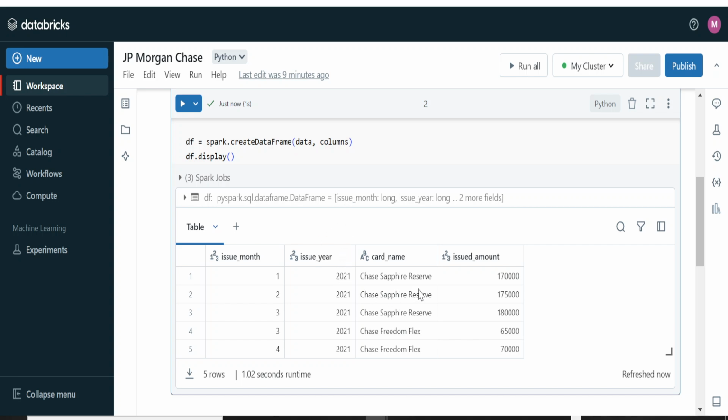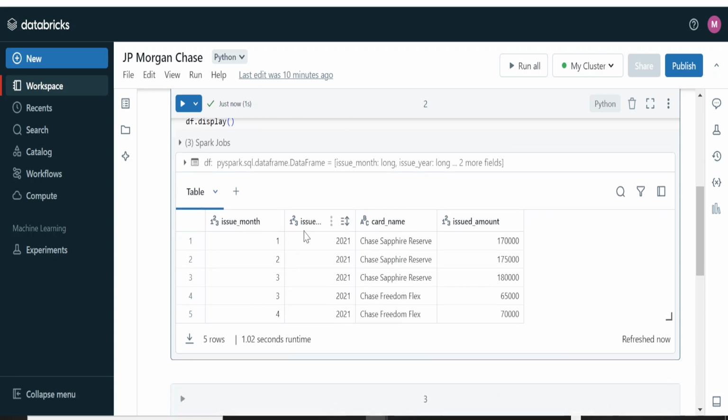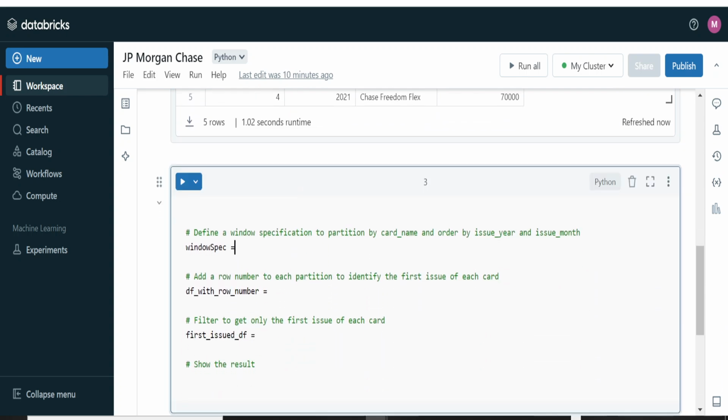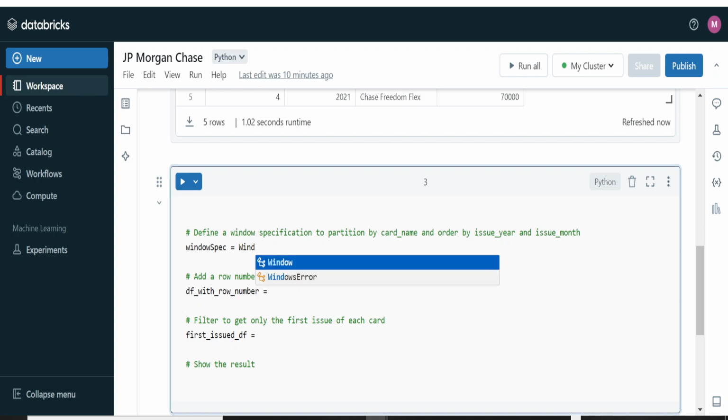Just imagine there is one more row for the same card, let's say 2022. Then we would need the issue year first. So we also have to consider the issue year and pick the earliest year, which would be the launch year basically. So for the window we will just type out Window dot